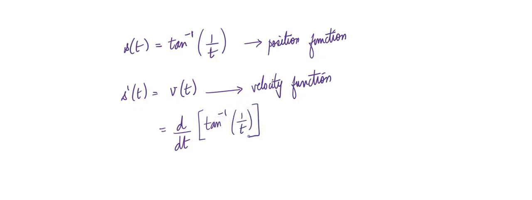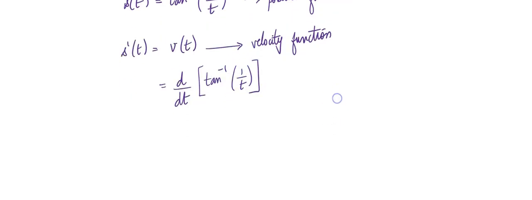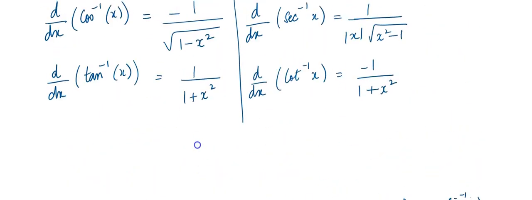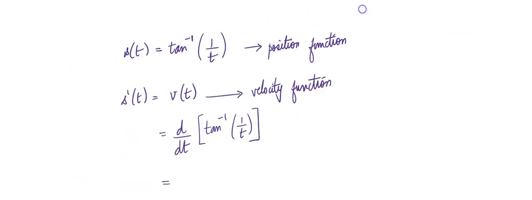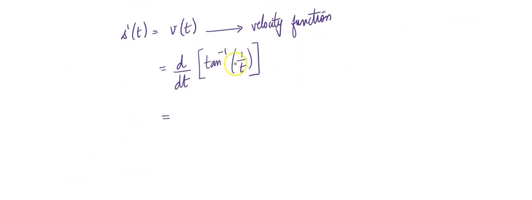Now for this, we'll have to remember the chain rule, the chain rule substitution. So we've got to do derivative of the outside times derivative of the inside. So the derivative of tan inverse, let's go back quickly to see what the formula was. The derivative of tan inverse is 1 over 1 plus x squared. But here we have not x, but 1 over t. So 1 over 1 plus whatever this is, that squared. That's the derivative of the outside